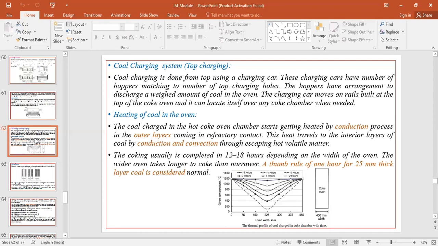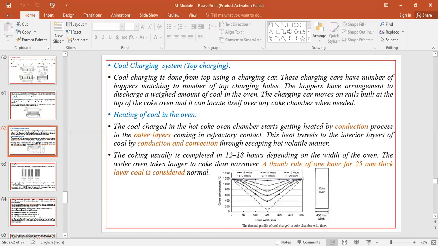Heating chambers will be located on both sides of the oven. For each oven, there will be two chambers. So during the regenerative process, one chamber will be in the heating condition, and the other chamber will be in the on-gas and on-blast condition. This is how it will work. Whatever coal is charged into the coke oven chambers from the top will get heated up by the conduction process,